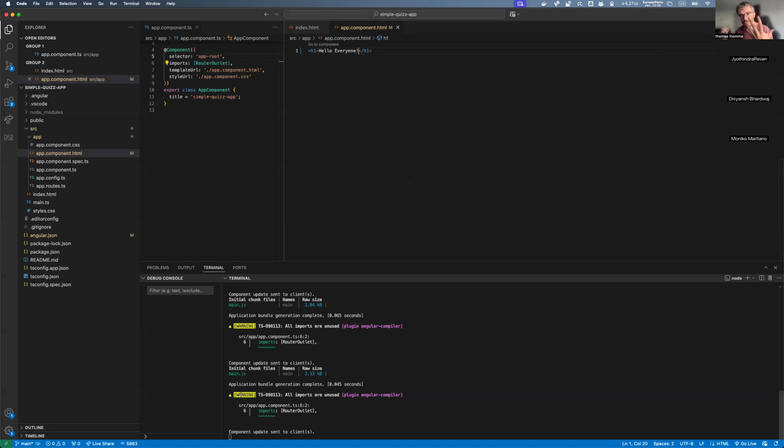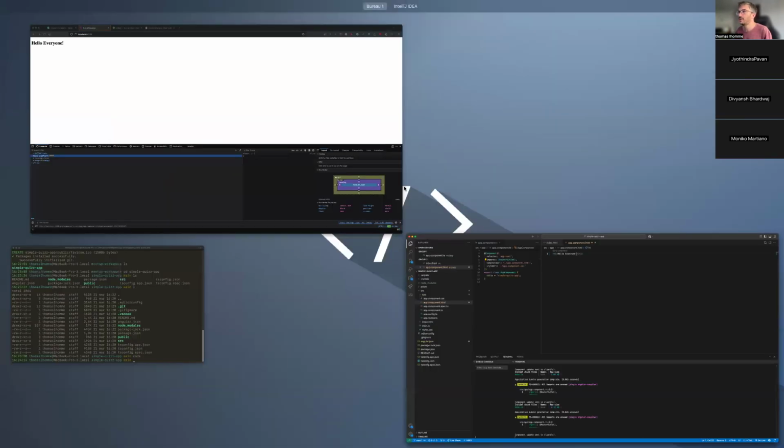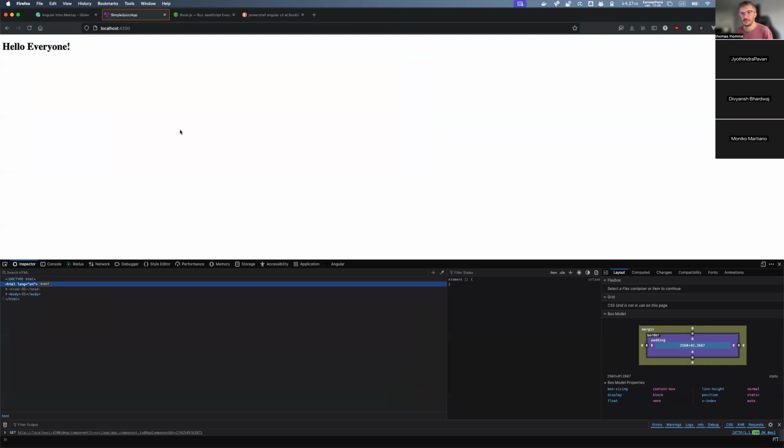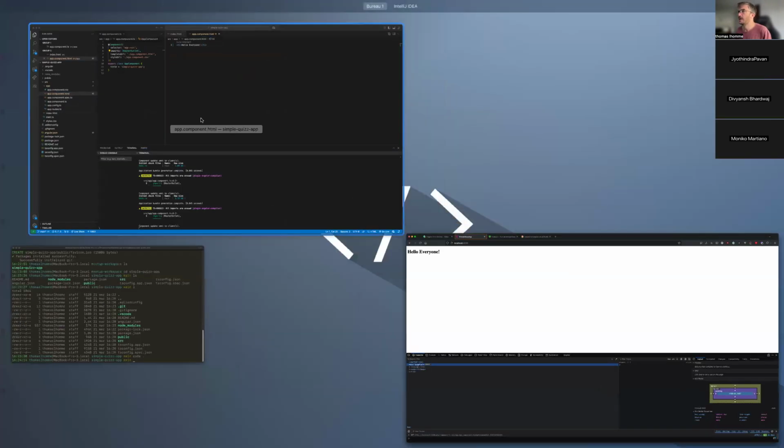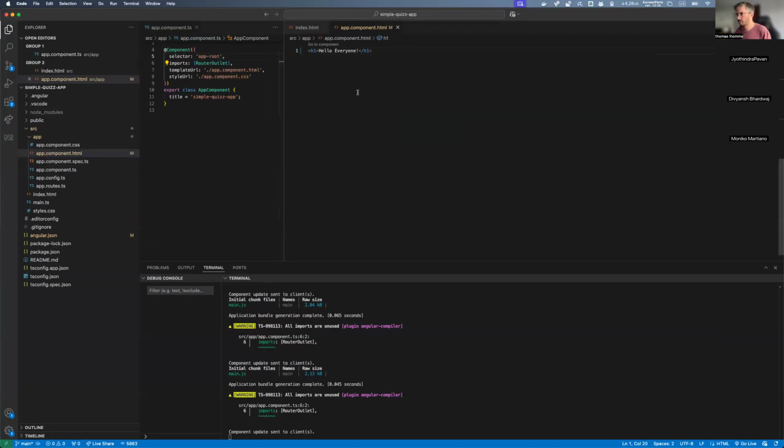We're going to figure out why we have this, but if I go back on my page, I can see that my page is just displaying hello everyone here, right? Which is great for us. Good. So now we have this weird warning. Some people who are very used to working with front end might comment that the warning is not very important, right? But let's try to remove it still, at least.